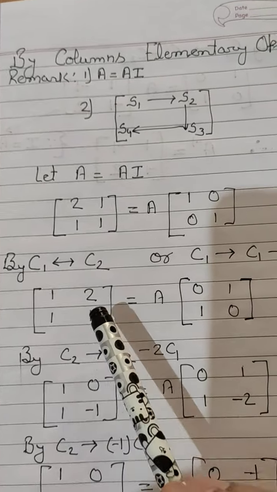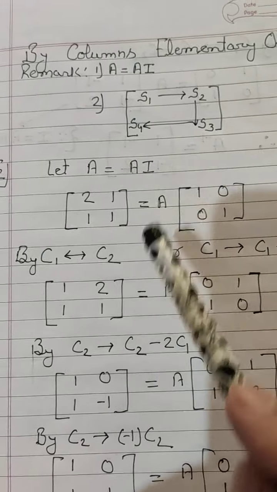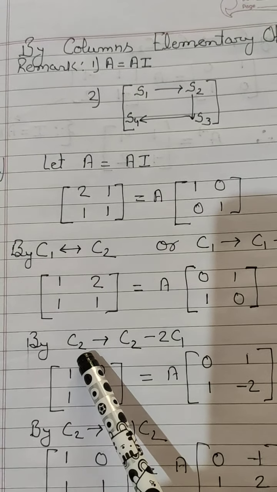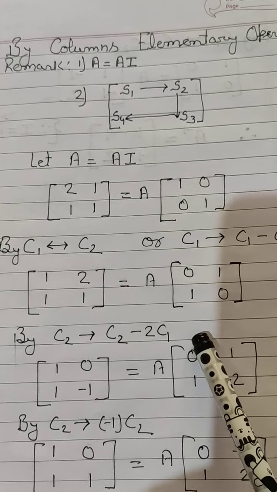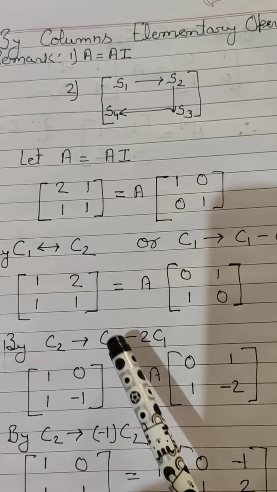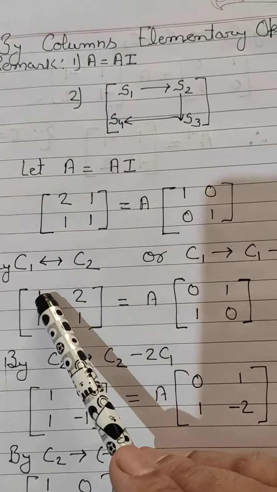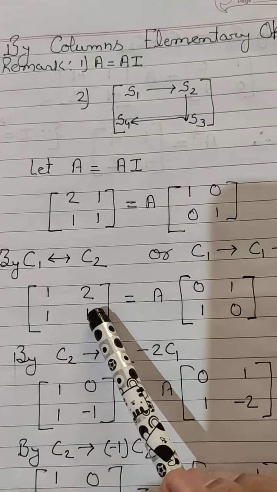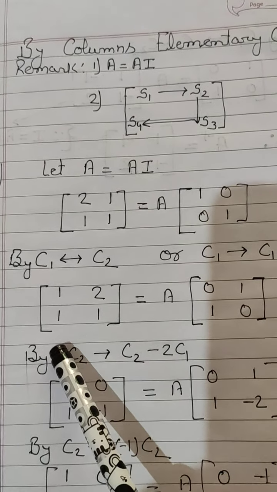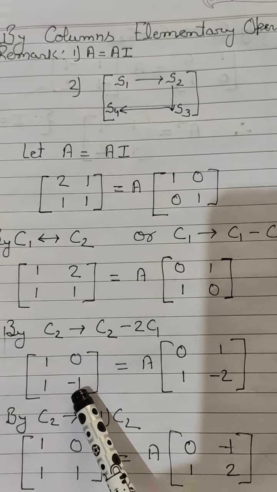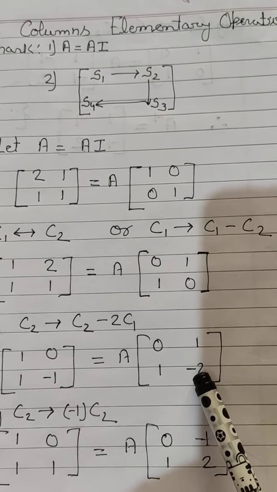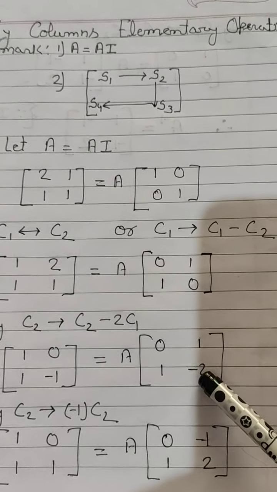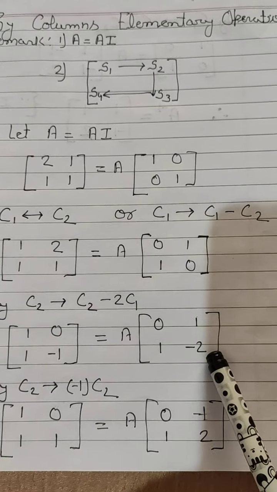Now we want to convert next S2, that is A12, into 0. When you have to change into 0, as I explained in the above question, I am using this property: C2 gives C2 minus 2C1. So we are applying C2 gives, the change will be in this, 2 minus 2 into 1. So same value minus same value is 0. Here when you are applying 1 minus 2 into 1, it is minus 1. What property you are applying in LHS, the same you have to apply in RHS. Of course, the algorithm is very easy, but as we are not concentrating, there is a chance of mistake. Here also in RHS you have to apply it.